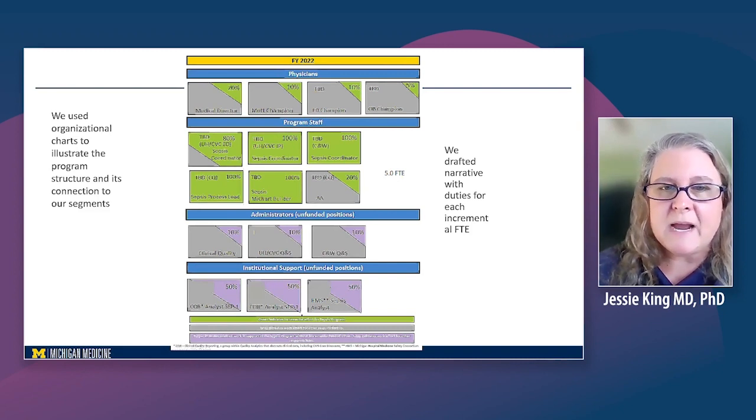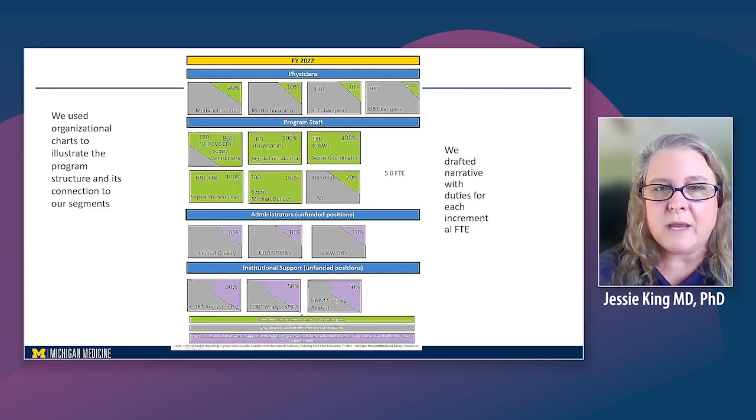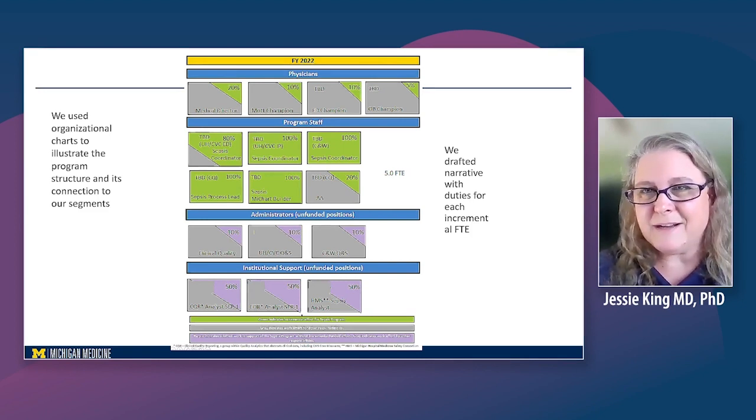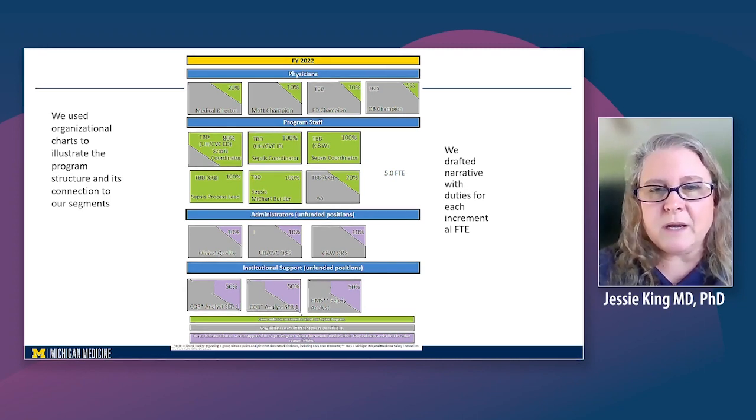So when we thought about staff, I'm going to start there. We originally were considering asking for 1 sepsis coordinator. We have way too many sepsis patients in our institution for 1 coordinator to do the job. So we actually divided that job into 3, and we located these coordinators geographically. We have 1 coordinator that's dedicated to our adult emergency room. We have another coordinator who's dedicated to the adult inpatient hospitals across the institution. And then we have a 3rd coordinator that's dedicated to pediatrics and women's hospital.